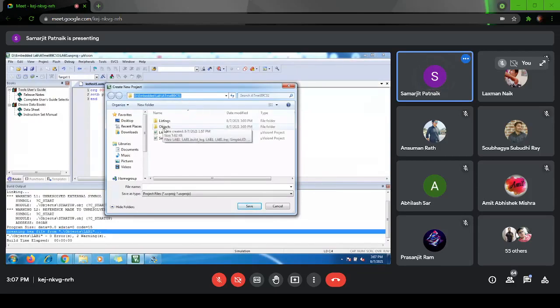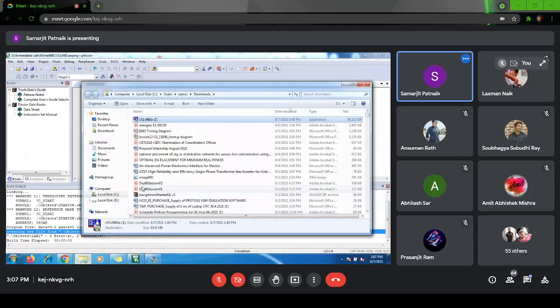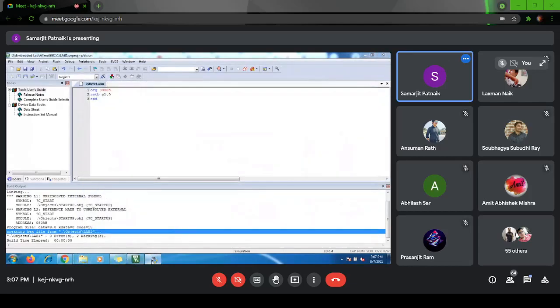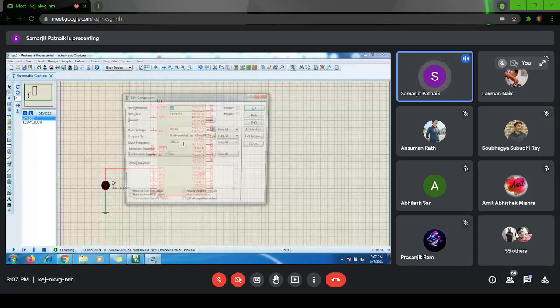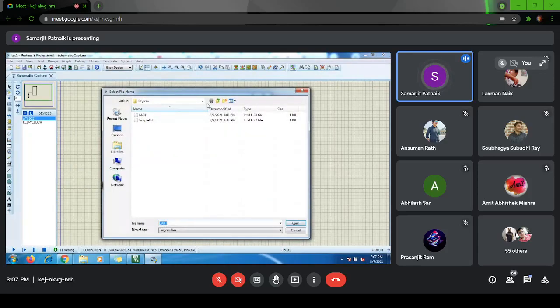Inside that, go inside the object file. Then you have to open Proteus, open edit component, go into this program file, browse here and go to that particular location.